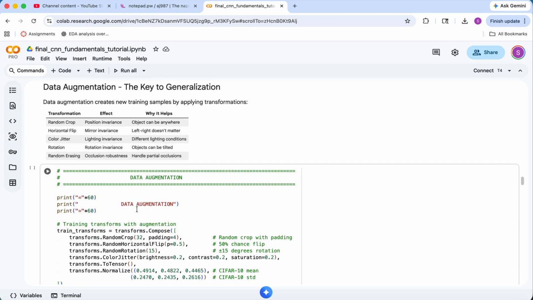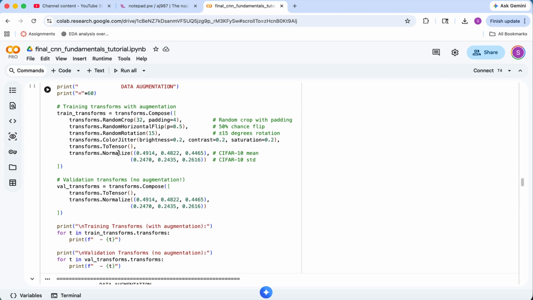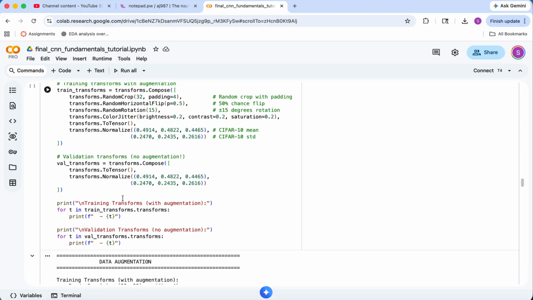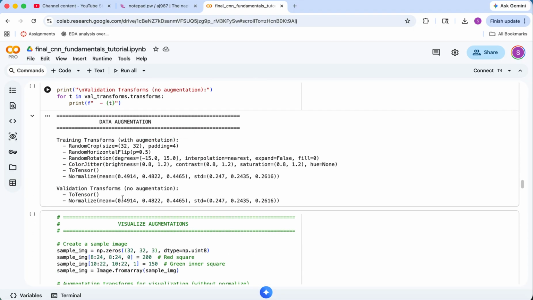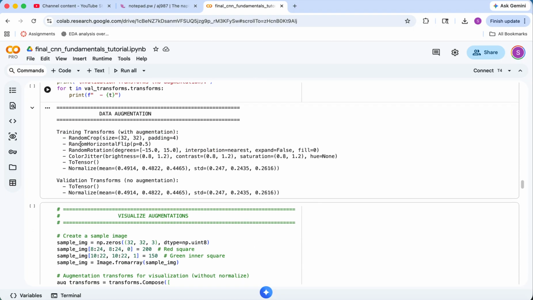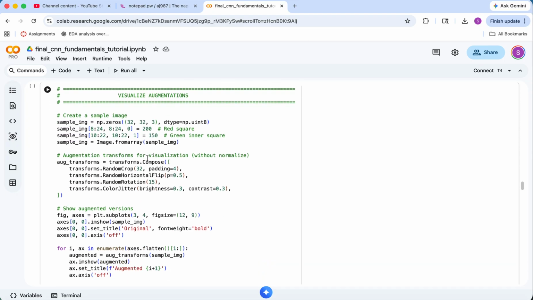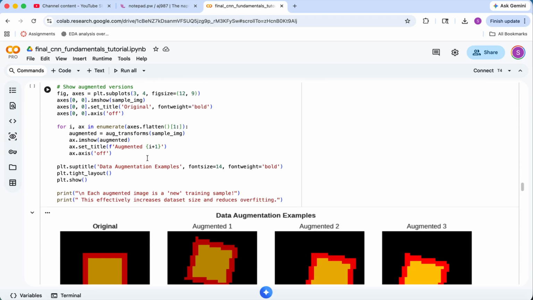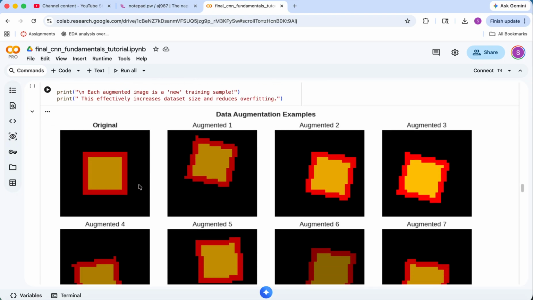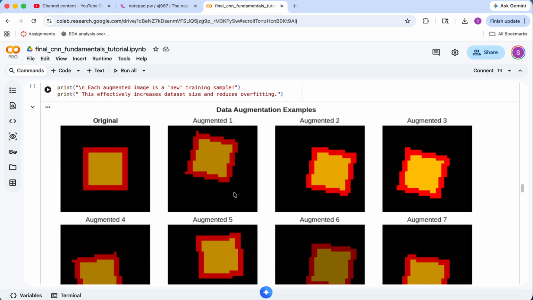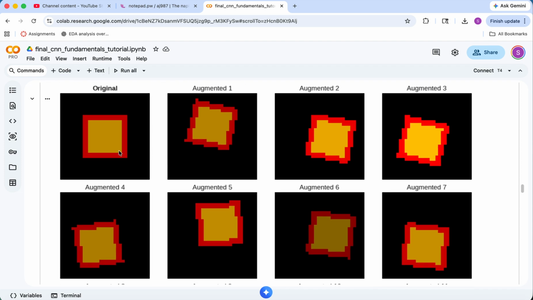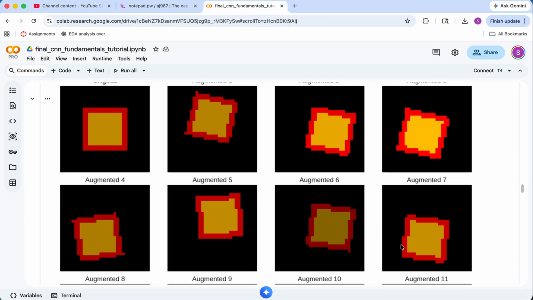Next, we set up the data augmentation transforms like random cropping and flipping to artificially expand our training dataset. The output prints out the exact sequence of transformations, including color jitter and normalization, that will be applied to our images. To see augmentation in action, we apply these transforms to a simple geometric sample image multiple times. The grid of output images shows how the same original image looks slightly different every time, which prevents the model